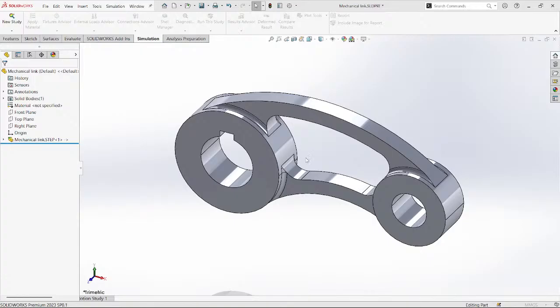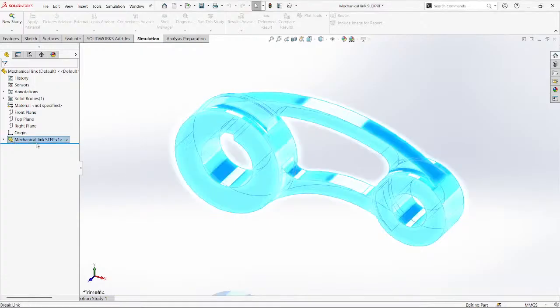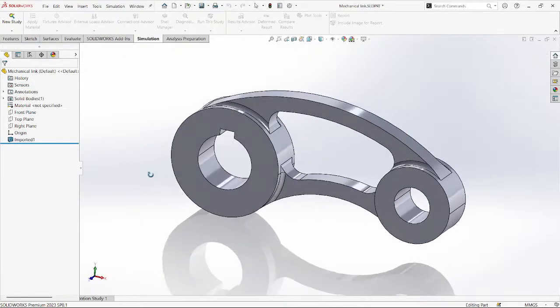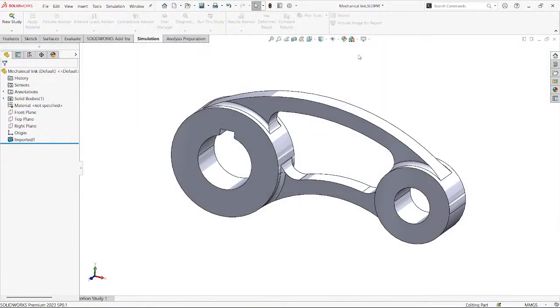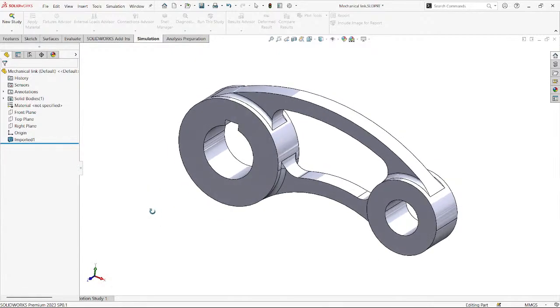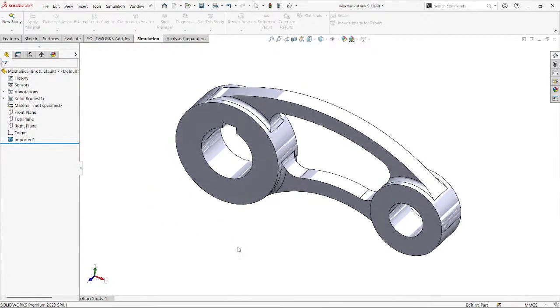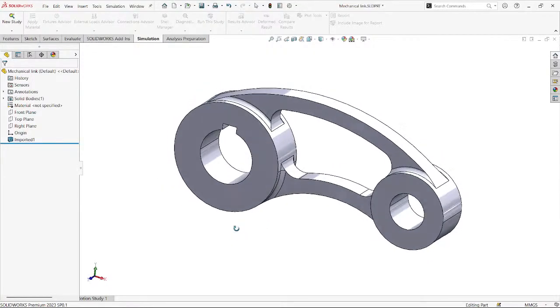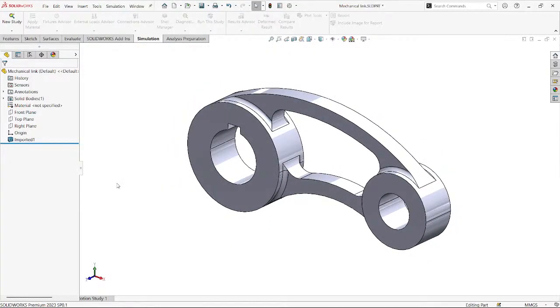Simply right click and break the link. Yes. And you can check for the import diagnostics. There are no issues with the model. Now, this is the model. First thing I would like to do is one simple structural analysis, static analysis, to see whether the model is fine or not. So for that, I'll start with the